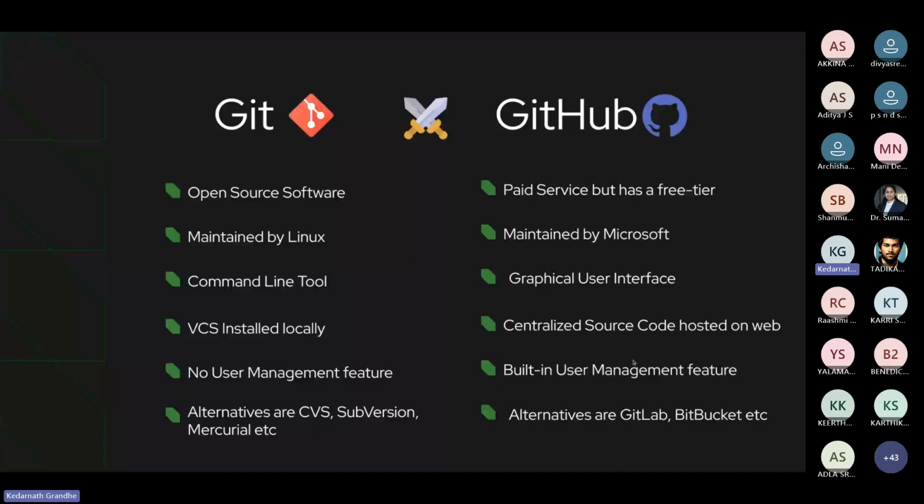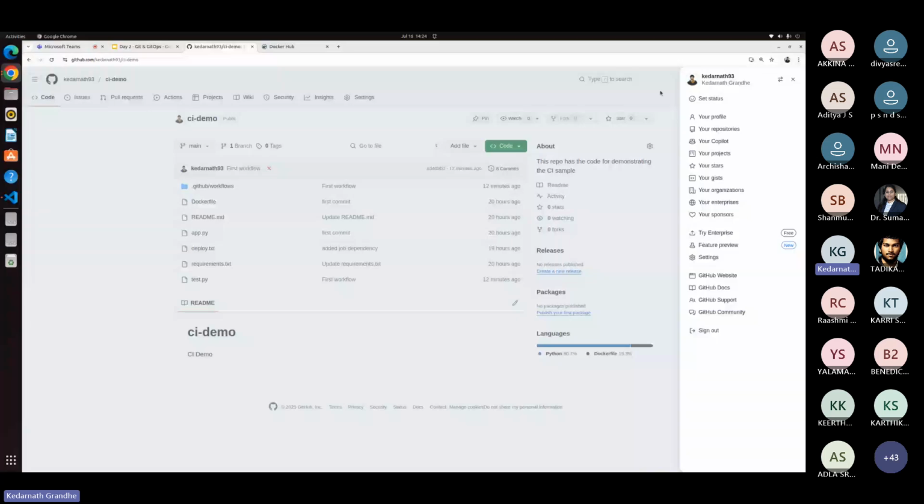When you are maintaining a company, you need credentials, right? In GitHub, you need to create your account. I have created my account, right? So similarly, user management is a feature added in GitHub. And when you are maintaining a company, you can have user management for the employees as well,